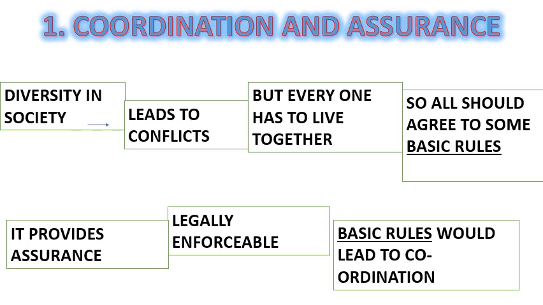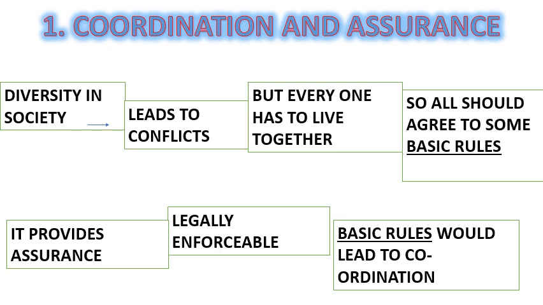We would be able to understand what is expected of me as a citizen of the society and the country, and what is expected of you as a citizen or a member of the society. And those basic rules, it's not only telling us what we are supposed to do, it also tells us that if you are not able to do what you're supposed to do, then you can be punished also. Now, this punishment, or legally when these basic rules are enforceable, this gives us assurance that if I am obeying